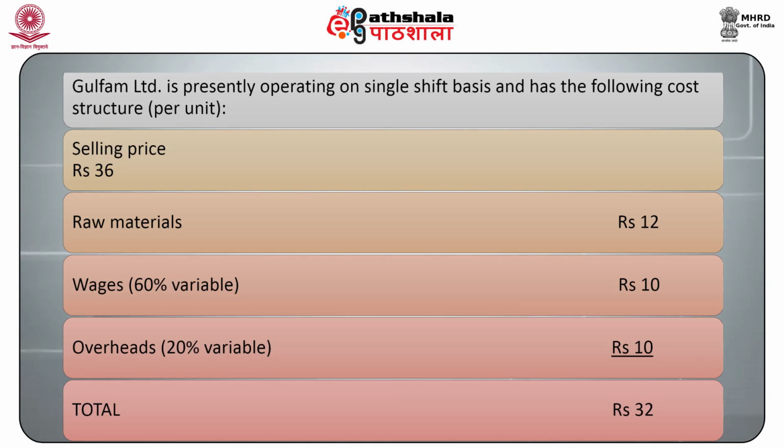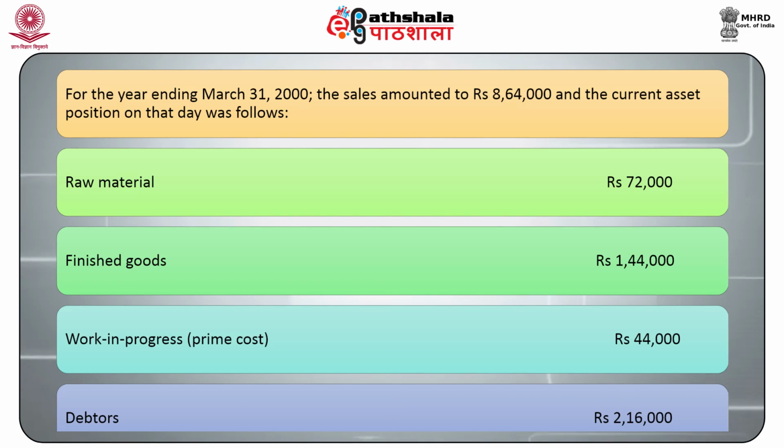Moving further, we have to look into one more illustration. Gulfarm Limited is presently operating on single shift basis and has the following cost structure per unit. Selling price is Rs 36, the raw materials Rs 12, wages 60% variable at Rs 10, overheads 20% variable at Rs 10. For the year ending March 31, 2000, the sales amounted to Rs 8,64,000 and the current